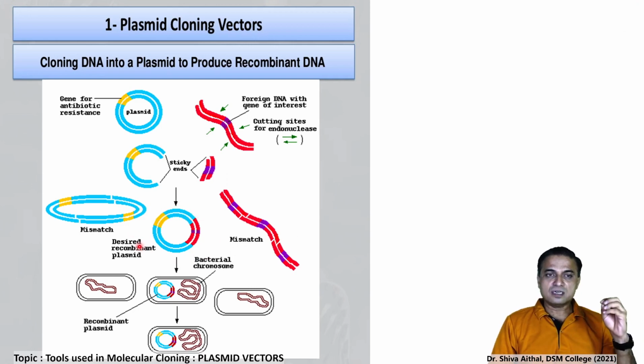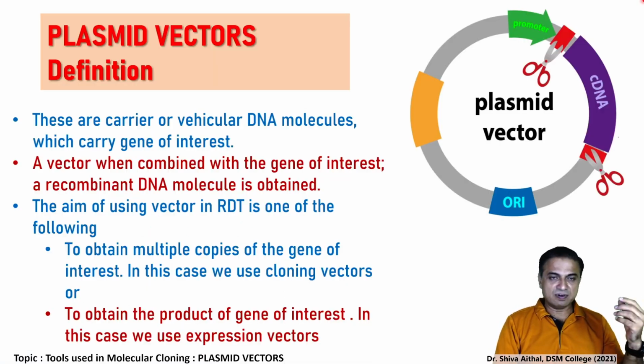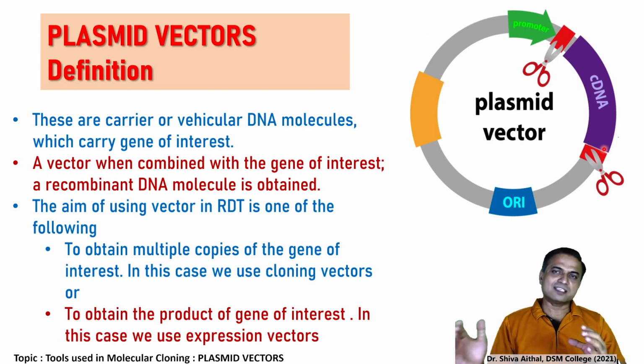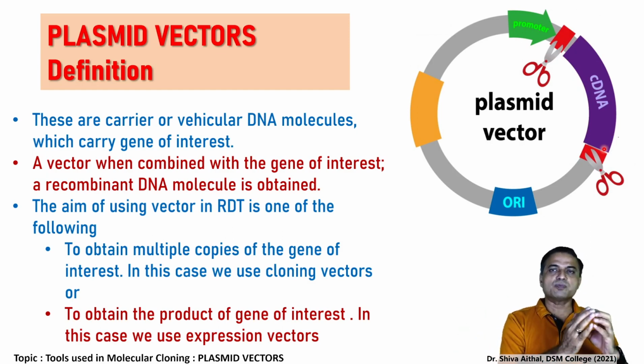So now we are trying to explore the various characteristic features of this plasmid. What are the qualities desired in this plasmid? That we will try to explore. As you can see here in the figure, this is a plasmid, and it should have certain basic things like, for instance, the cDNA, the complementary DNA. It is also called the gene of interest, or the extra chromosomal gene,